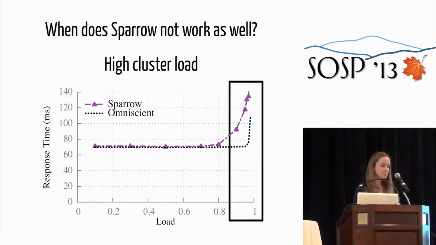For most of the people we've talked to, it's uncommon for anyone to be running a cluster at this high of load. The more common scenario is that folks are running the cluster at a lower load on average, so that this won't be an issue. The other takeaway is that if you're running at high load, you don't have a lot of good choices. If you use a centralized scheduler, it just falls over because the throughput can't keep up. So one way to think of Sparrow here is that it's providing graceful degradation in the case of high load. It doesn't do as well at high load, but at least it schedules all of the tasks in the job.